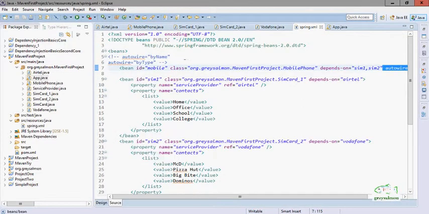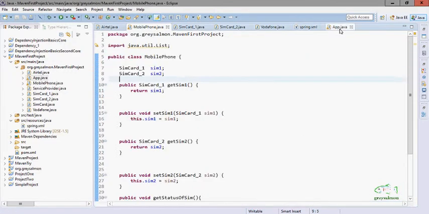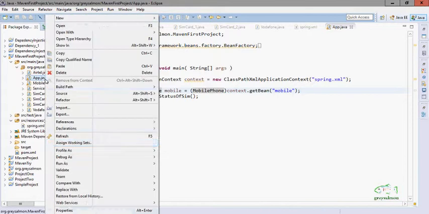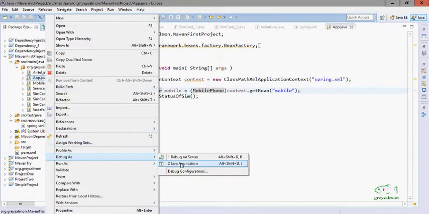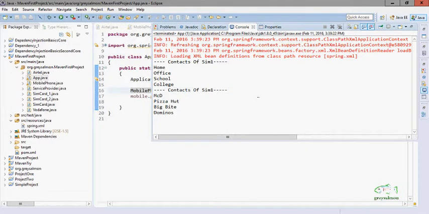Now it will automatically get wired to the property sim2. Now we will see whether it is working or not. Run as Java application. Yes, it is working perfectly, like the contact list of sim1 and of sim2.